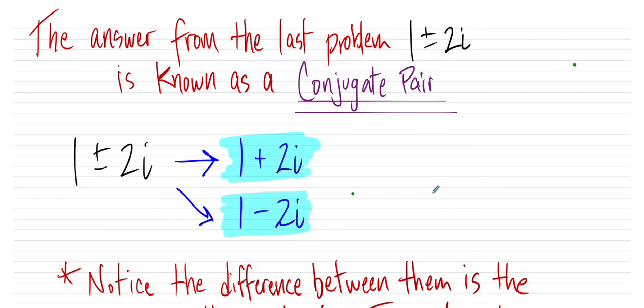So rather than having you learn that method all at once with a lot of parts, like the last problem we did, the answer was 1 plus or minus 2i. Those are referred to as conjugate pairs of each other. And again, it's okay if you don't get why we're learning conjugate pairs yet. The key part to take out of this,